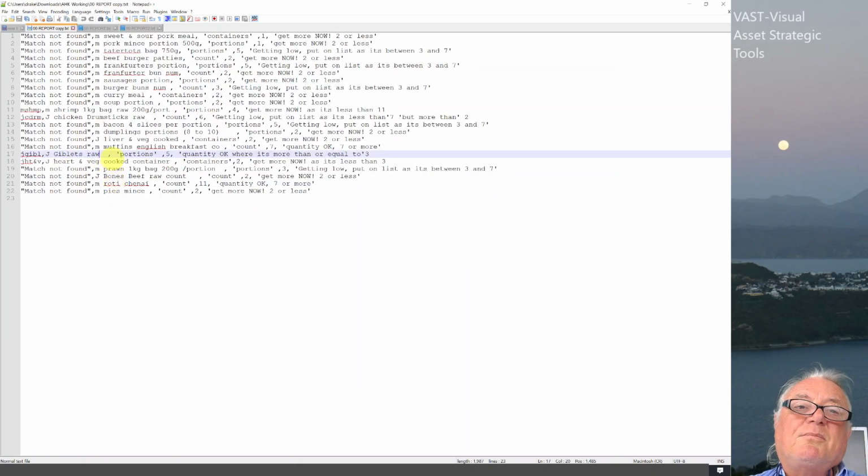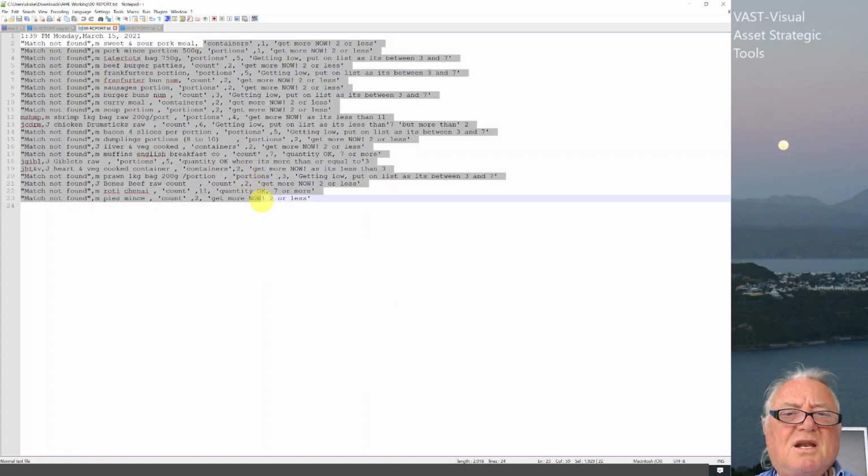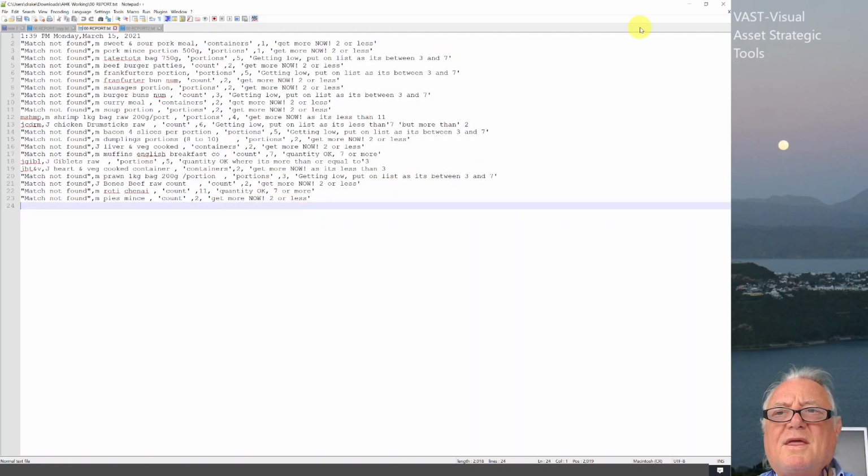But the other thing that bothered me is that I got this script and I didn't know what the latest was. So one of the first things I thought I needed to do was to put a date in at the very top, so I know when that script was generated. Because when we run the script, it deletes that file and then rewrites it and makes it new again. Now, the other thing in here is that it's all a little bit shambolic as the way that it is. Two other things that I started to look at here was, one,